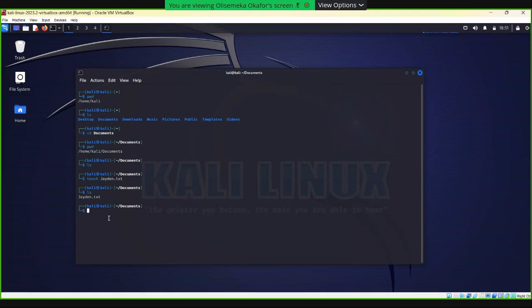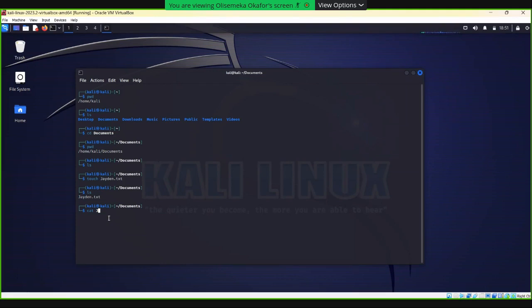Okay, now let's see what's inside Jayden.txt. To see what's inside, we can do cat, that's simple, and then we'll type our file name. Now watch me do that thing I talked about earlier again. When you're typing a file, if it exists on the computer, all you need to do is press tab, and then it will autocomplete.